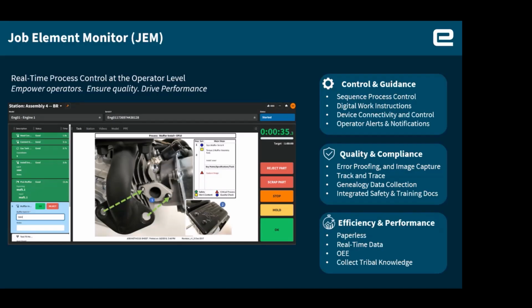So device connectivity, anywhere you can interlock into a device. Examples would be like an open protocol torque tool or an IO light, a PLC, scanners, gauges, scales, right? Anywhere we could be interlocked into that process and take out the human error is always beneficial. But that might not be something that you're ready for. So within our system, it's very flexible to where operators can even be manually just typing in values. And you're going to see that when we go live in our instance and actually show